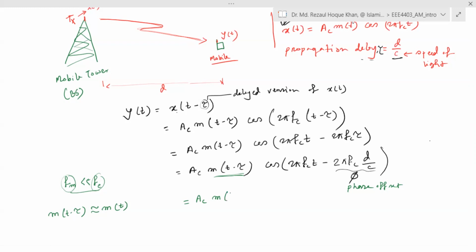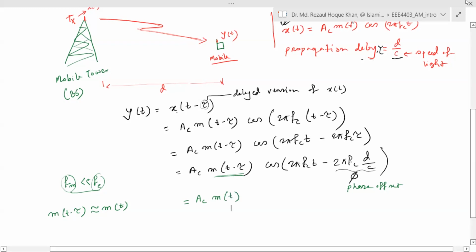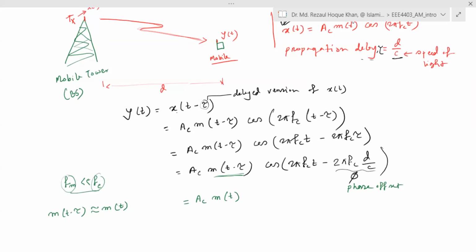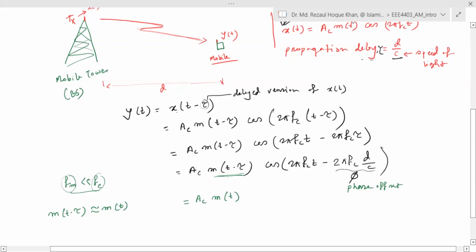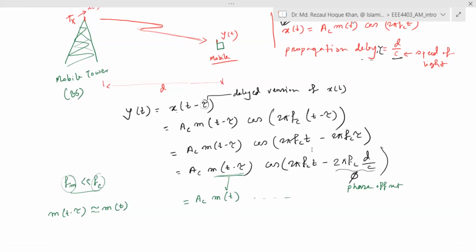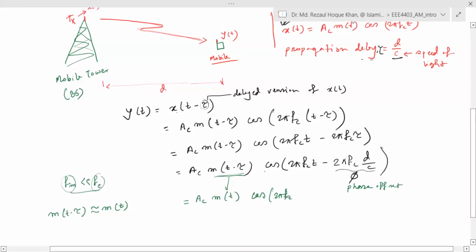So we can write this as equivalent. The remaining equation will be the same. Here we have a phase offset. So we can write it as a cos(2 pi fc t minus